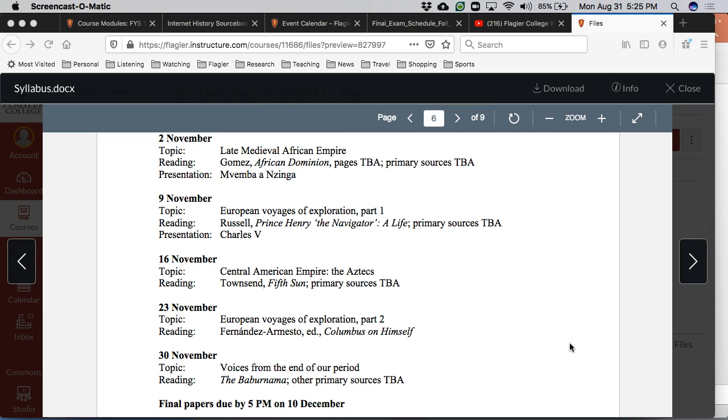And I've got you reading a full monograph on the Aztecs, the one that I think is the most respected of all of the single volume histories of this. Pretty accessible. I'm also going to have you read some parts of the Broken Spears, which is the Aztec account of conquest. And then some primary material from Christopher Columbus himself, because he is very much a product of this age. And then finally, voices from the end of our period, and the major one is the Babur Nama,